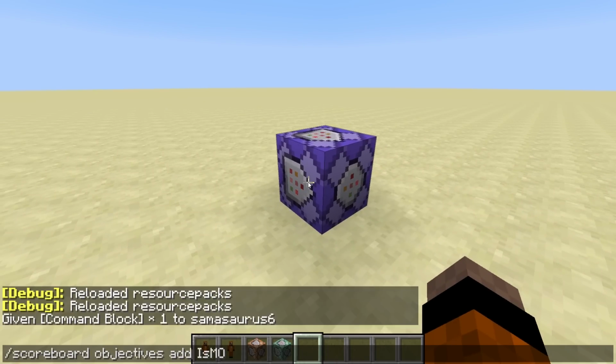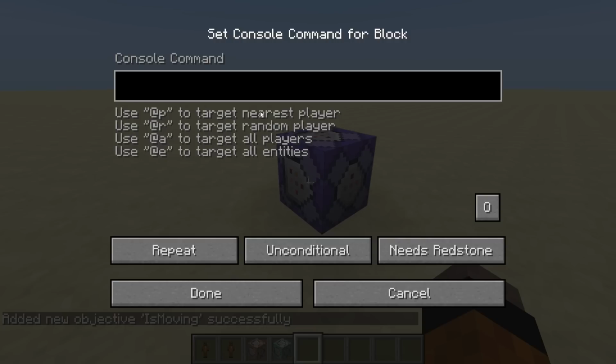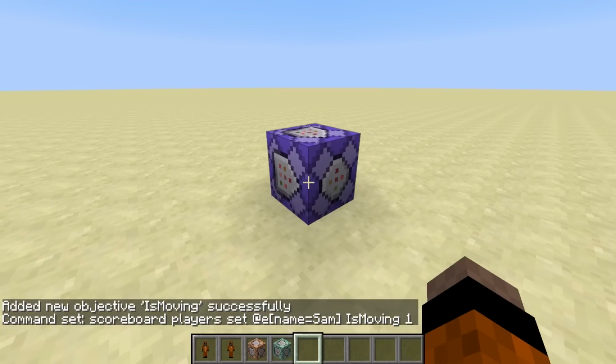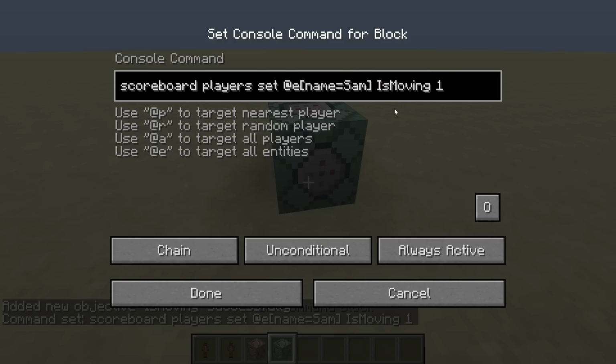I'm going to call it is_moving of type dummy, and then we're going to do scoreboard players set @e[name=Sam] is_moving 1, and then put a chain command block is_moving 0 if it has the following motion arguments, so 0, 0.0, 0, 0.0, 0.0,